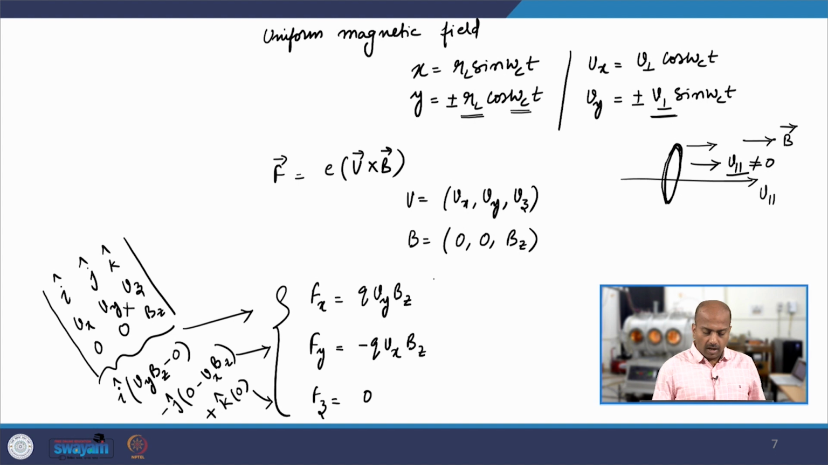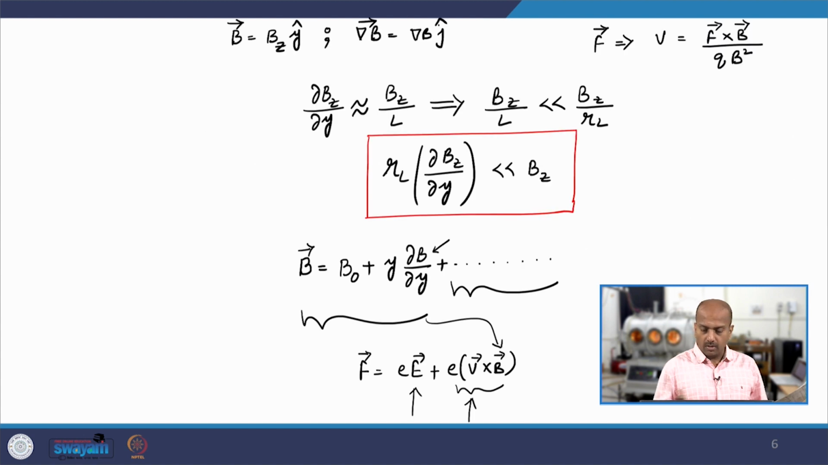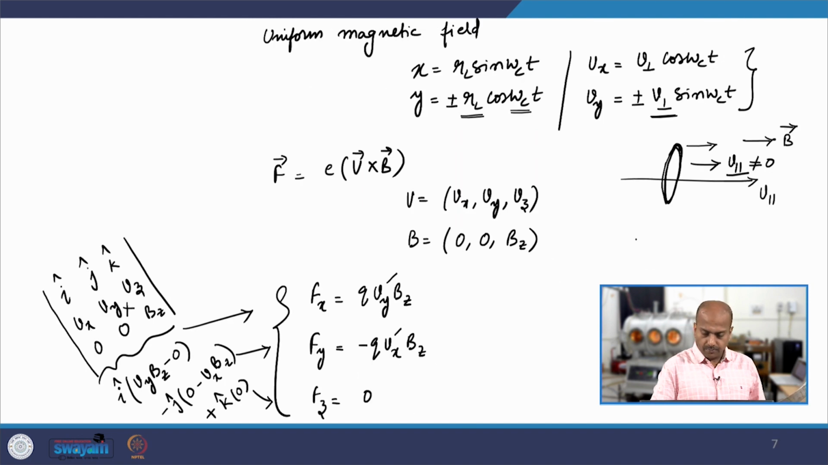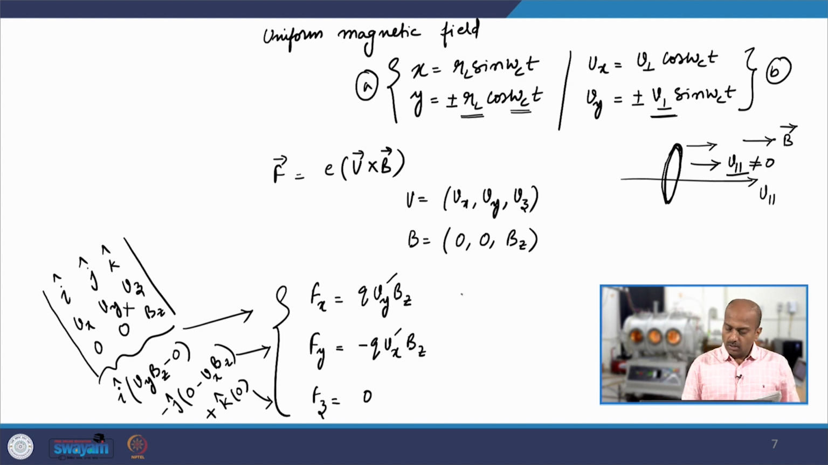Now, the task is I have these expressions for Fx, Fy, Fz. We know what is B, Vy, Vx from these expressions. Let us say we call this as 1, this as 2, this set of equations as A and this set of equations as B. So, we can use the set of equations, let us say B, into this,